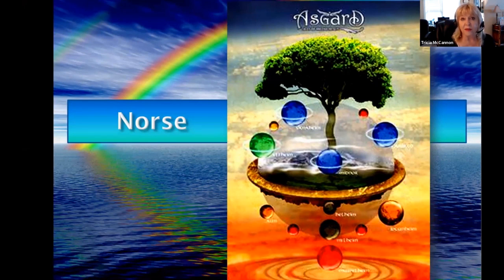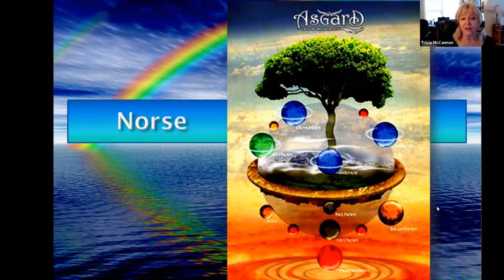And this is probably one of the places that Tolkien, because he was very much a student of cosmology and mythology and history and all of that, got it. And that's because Earth literally is the point in the middle that has access to all of these various planes. And we're going to just talk about how they're connected by this rainbow bridge and what the rainbow bridge might actually be. So this is the Norse tree.